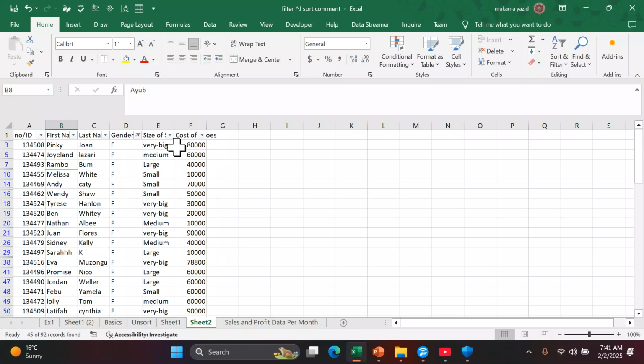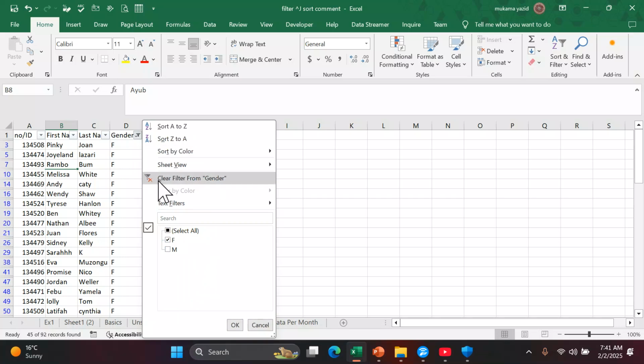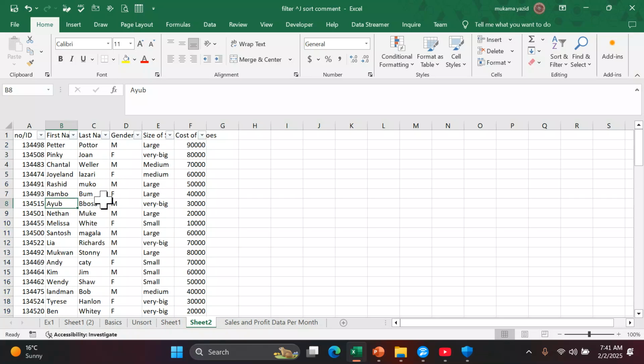So to clear the filter in that column, go there where you filtered. Once you filter, you can see the change. This funnel is different from this one. This one is showing that no filter has been applied yet. Here this column with no filter applied, but here you can see it is big and has a small one, which means a filter has been applied. So when you are given data and someone asks you which column here is filtered, you can easily identify it with the difference. So click there. If you want to clear that filter, then clear filter from here, so it will go away,